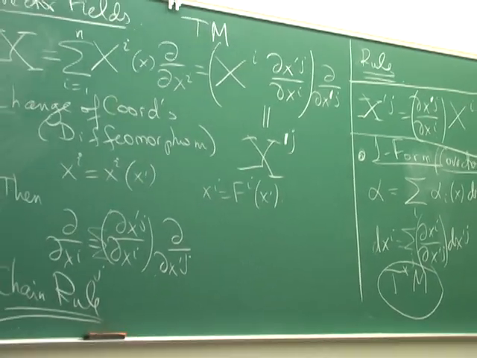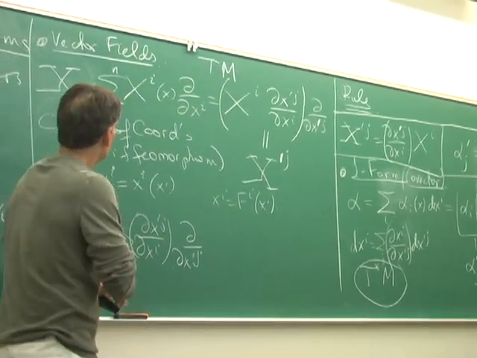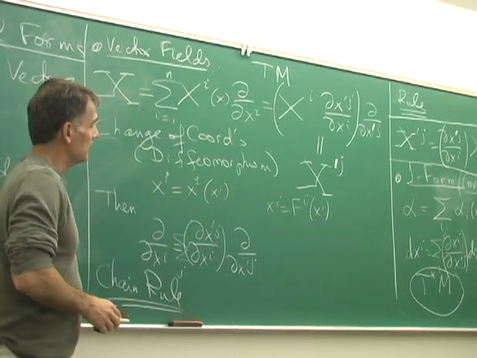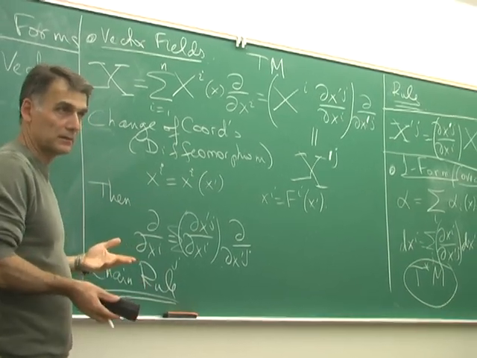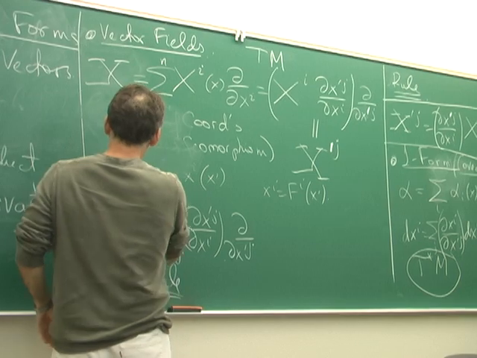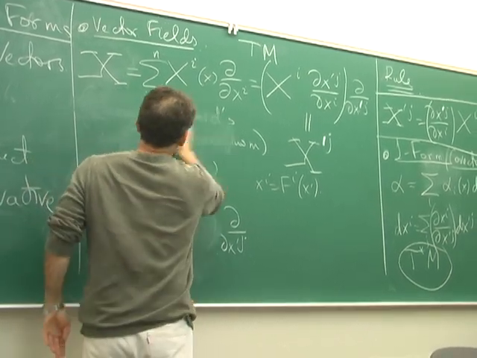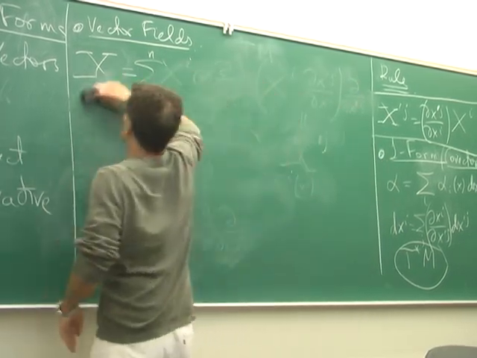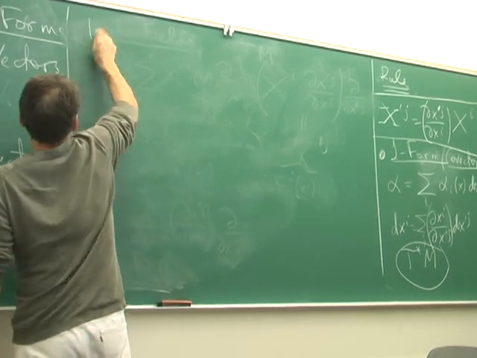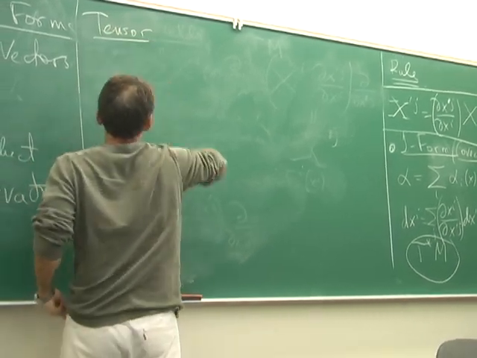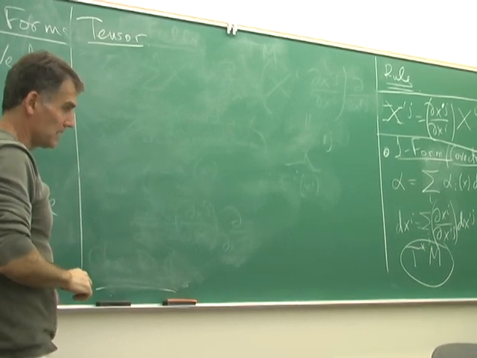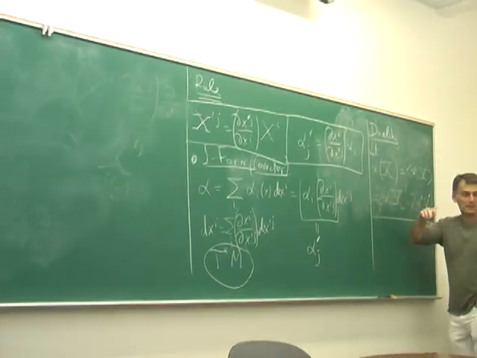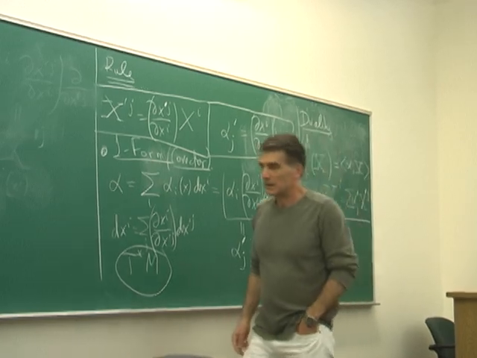Now, what is a tensor? Well, you could generalize that notion by taking some vectors and some covectors, take the tensor product and then define a tensor. So what is it? A tensor. Well, a tensor is a multilinear map on these vectors, on covectors. But I'm not going to write it in